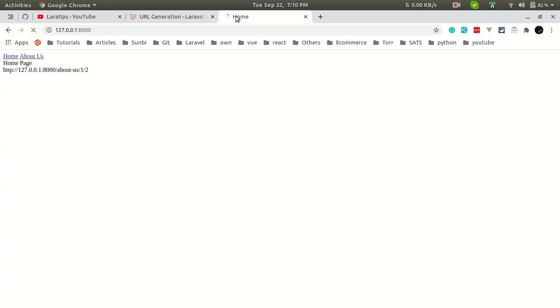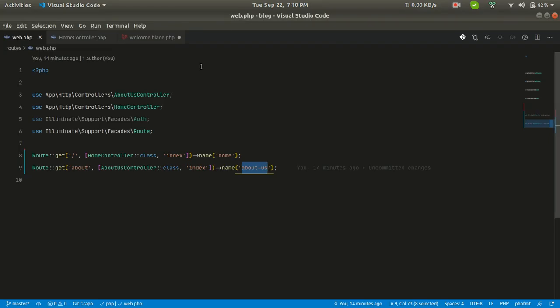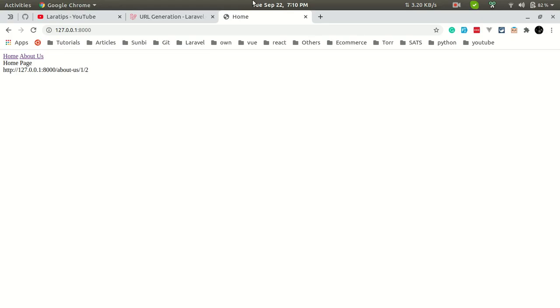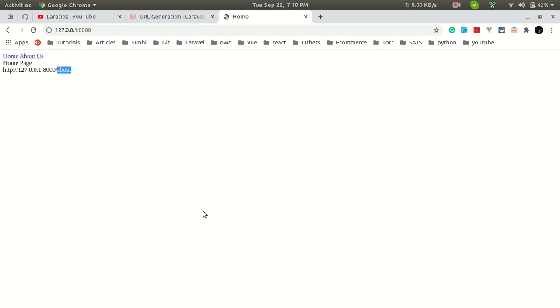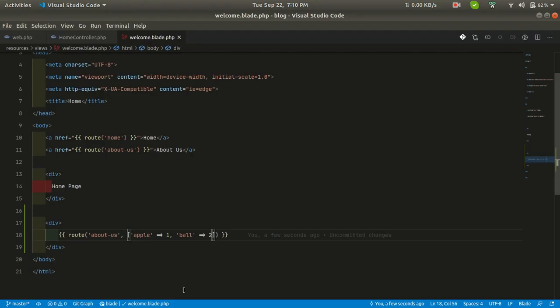So if I go here and, sorry, it's not saved, and when I refresh, as you can see, it is giving me the about URL. Now here if we pass the same parameters, like say apple 1 ball 2, then it will consider both this key and values.